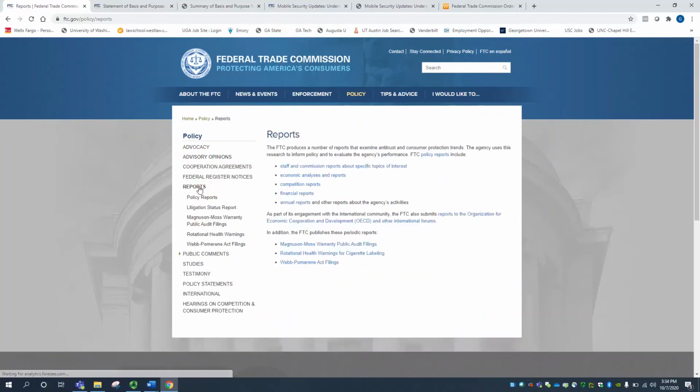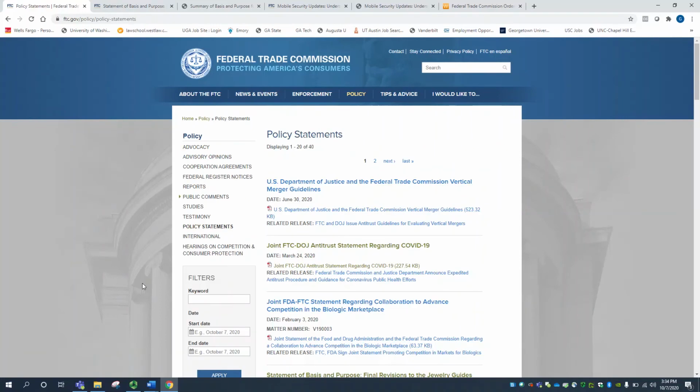Reports can also be a very useful resource. That's where the agency states its findings and views on different issues and areas that it regulates. It's not substantively different from the guidance that we looked at, but it just hasn't gone through quite as formal a process, so the agency isn't classifying it as guidance necessarily. Similarly, we have our policy statements, and these policy statements relate specifically to how the agency views and interprets its statutes and regulations. And of course, there is really a lot of overlap here with the guidance documents that we looked at under the enforcement category.